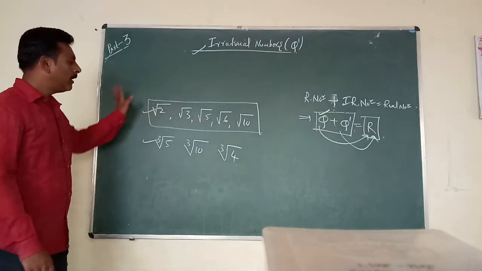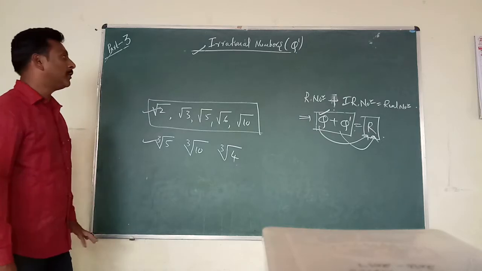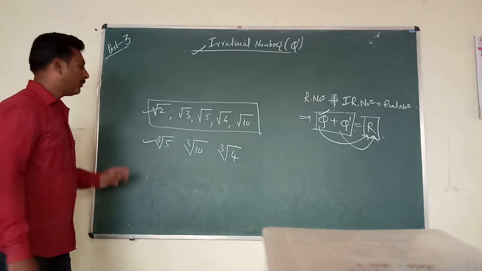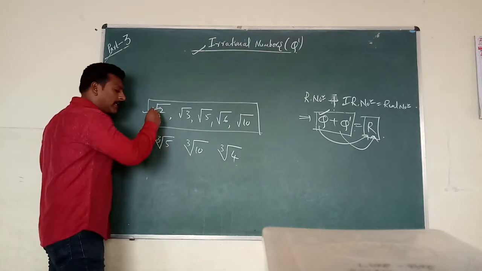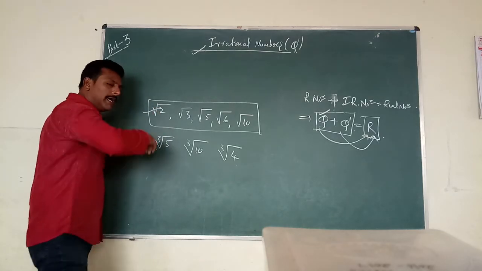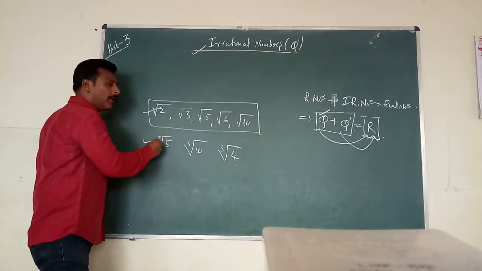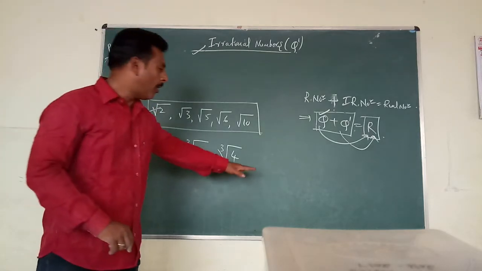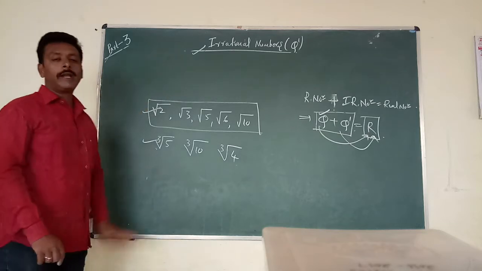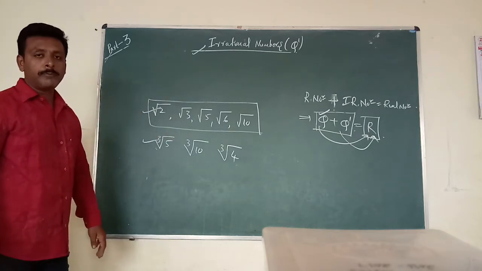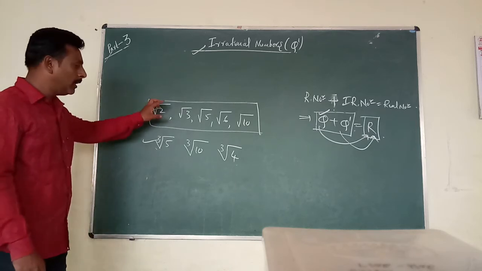Okay, so all this kind of numbers are said to be irrational numbers. So irrational number में से square root हो सकता है, cube root हो सकता है, any other root भी हो सकता है, but तुम्हारे 9th standard के लिए square root और cube root दोनों को ही देख लो. All these are said to be irrational numbers. If you observe this, I didn't write some particular numbers. I wrote only particular numbers.